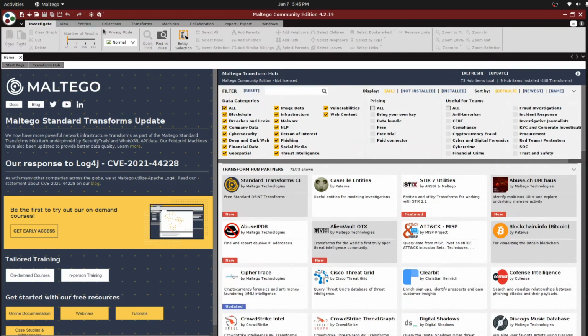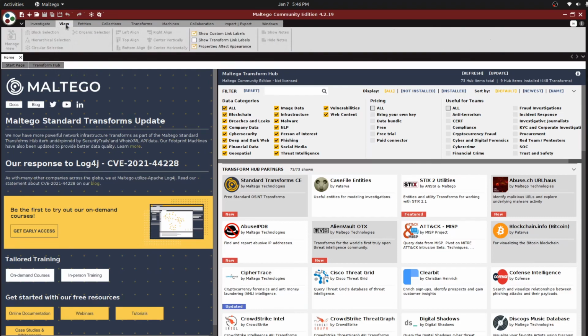So let me explain the overall options at the top. The first tab is Investigate. Interact with the graph by cut, copy, paste, delete, and the entities and links. So this is just an option where it contains a list of options which is used to customize your graph. Okay, I'll explain what is graph. Before that, let's walk through each and every option here.